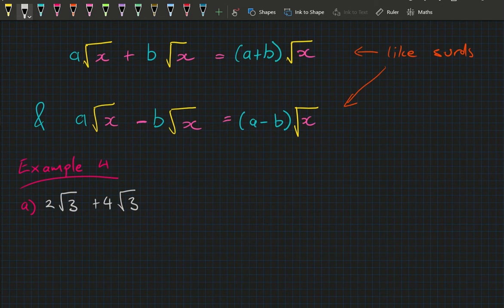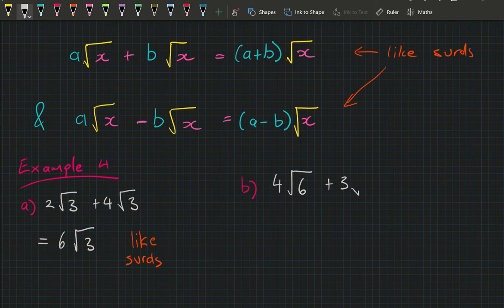So this is really straightforward. I've got 2 of root 3 and 4 of root 3. 2 and 4 of anything is 6 of that, right? There's really no working out to do here, but just say that that is 6 times root 3 using like surds. Okay, part B is a little bit more challenging because the expression here is 4 times the square root